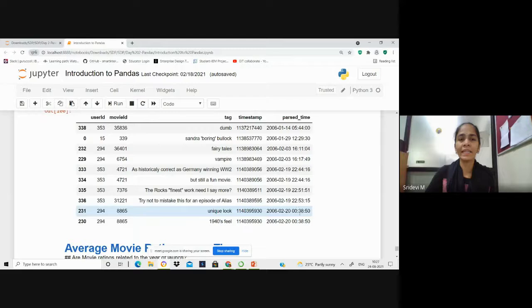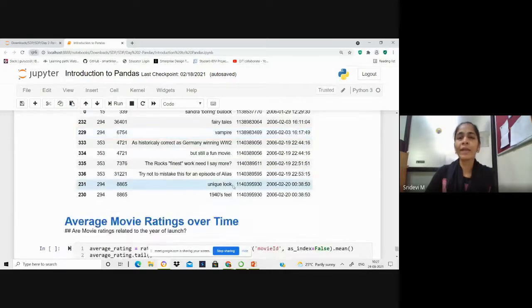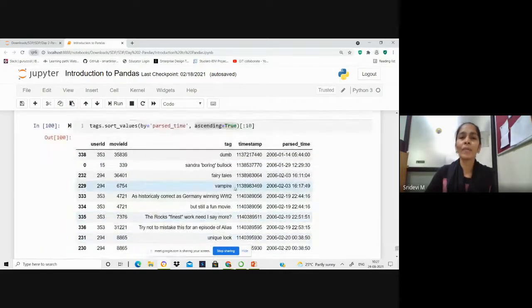So these are the details obtained by basing our query on the parse time column that we newly created from the raw timestamp value, so that we can get more meaningful results.